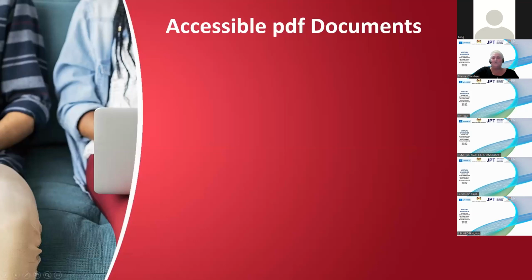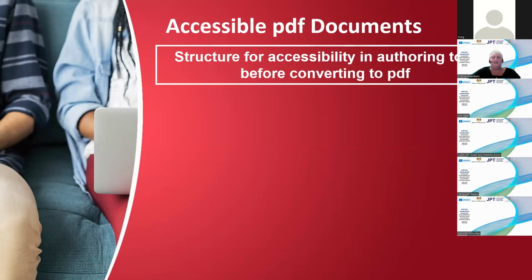The next two things I want to talk to you about are accessible PDF documents and accessible PowerPoint documents. These two are the ones we often use in academia, and unfortunately PDF documents can be very inaccessible for a lot of people. There can be locked sections within PDF documents that screen readers can't access, and we need to make sure that our documents are available to us. So when we're looking at accessible PDF documents, it's highly recommended that before we convert anything to PDF, we make sure it's accessible beforehand. So much easier to do that than trying to fix it later.